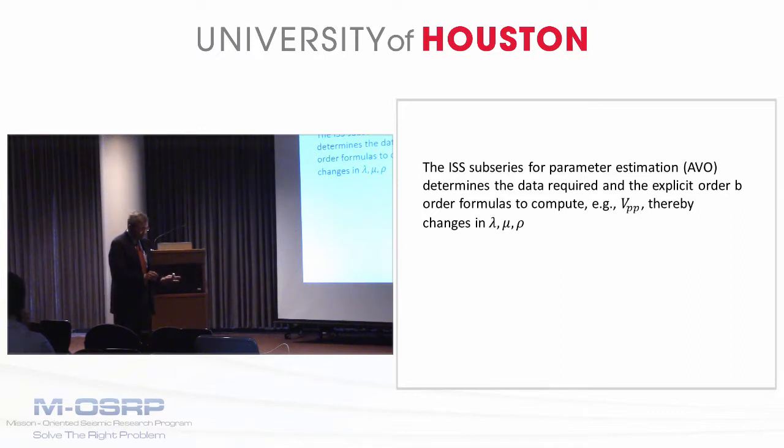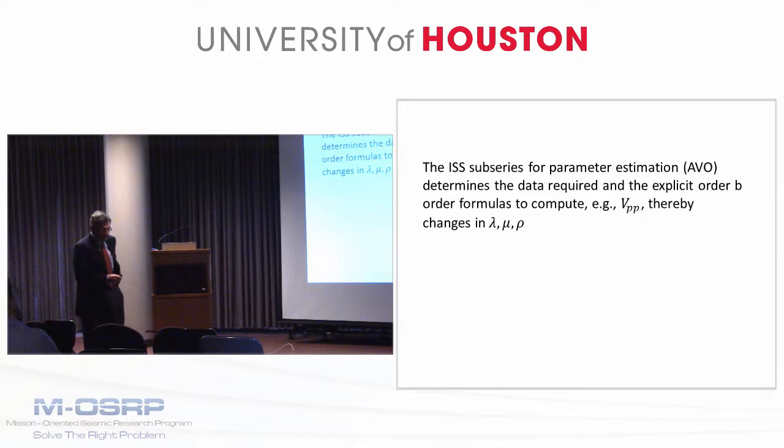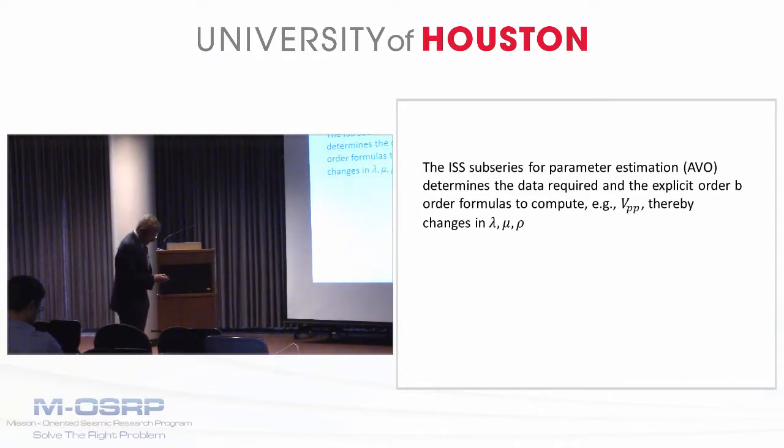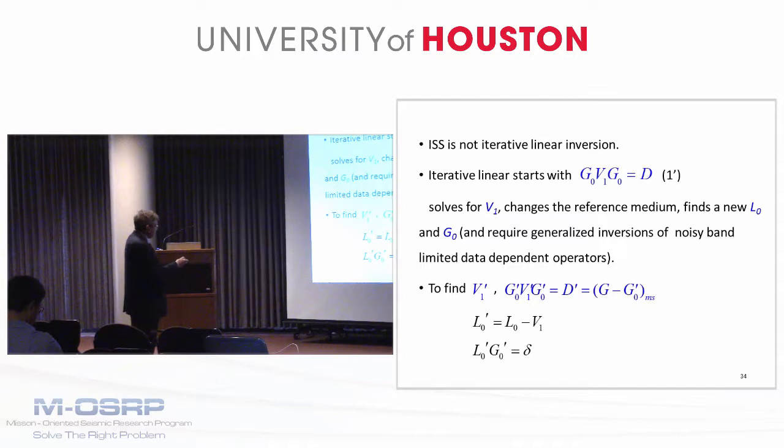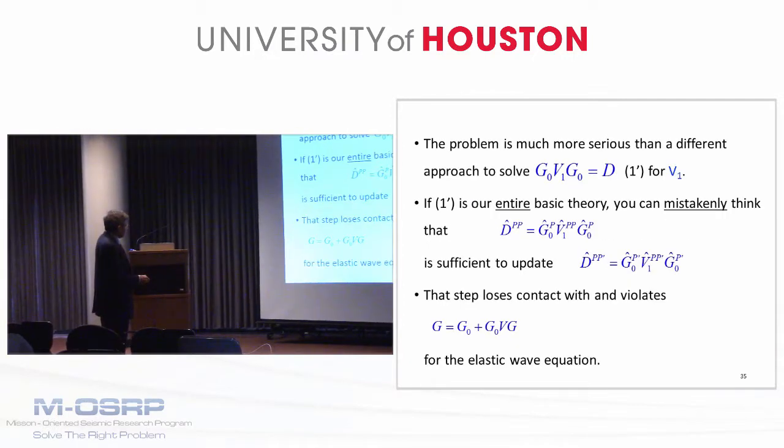You stay linear, okay. You start thinking of that more seriously, where you start matching and so on, yes? With that data, you're matching the wrong data. And this says you don't match at all. You just find the linear, find the quadratic, find the cubic. Don't match, don't search. Those are formulas for the linear, quadratic component of changes in elastic properties. Yes? Formulas. Okay. So this is saying that it's not iterative linear. So this is saying what we made violates G equals G0 plus G0 VG. If you're staying with that equation,